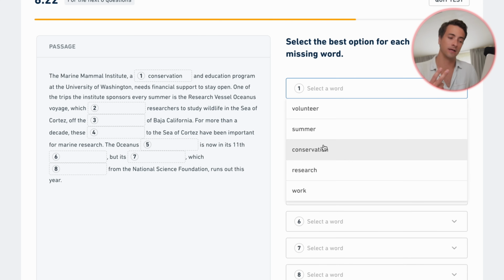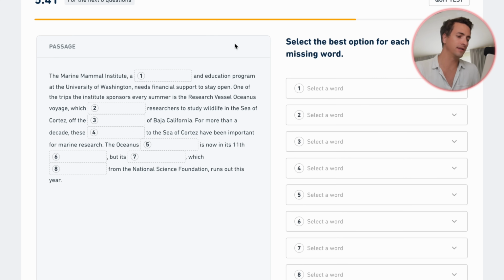So there are 2 things to note here. You may need to skip words, just like we talked about in Read and Complete. And Duolingo will make questions challenging, both here and in other questions on the test, by giving you multiple options that could be correct. What I always say is that sometimes there will be multiple correct answers, but there's only one best answer. And that's the case here. We have 4 options that could work. They could all be correct options, but only one of them is going to be the best. So we'll have to come back to this once we get more information to determine what the best one is.